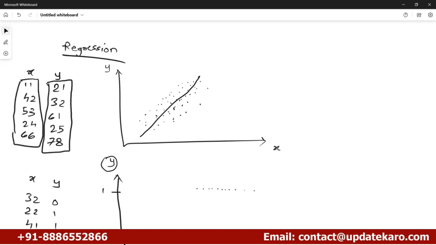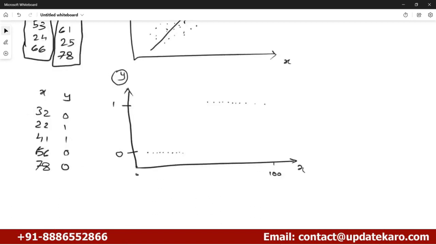Let's say this is my age column, and this is going to be the height column. So this is my age and this is my height, both are continuous. So you will see the data like this, right? Now if we're talking about the classification one,